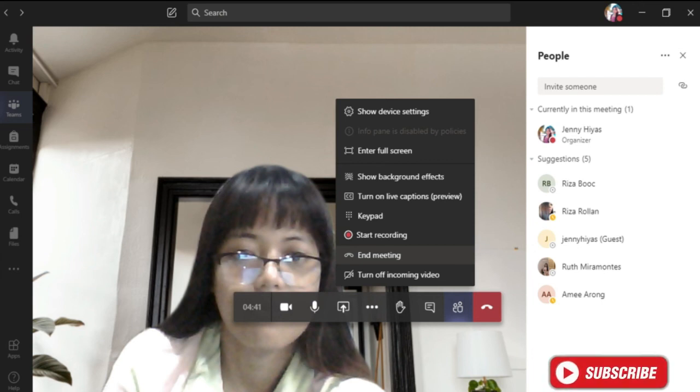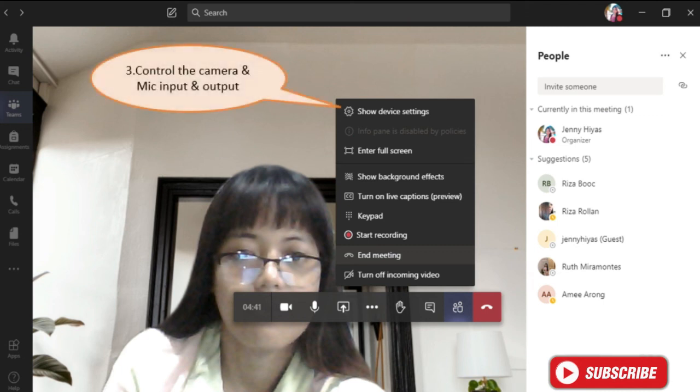So here we can see different types of buttons. So we will discuss these buttons. First is show device settings. The show device settings, its purpose is to control the camera and mic input and output. Next is